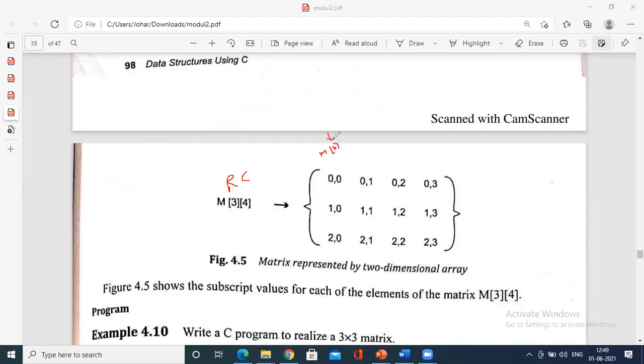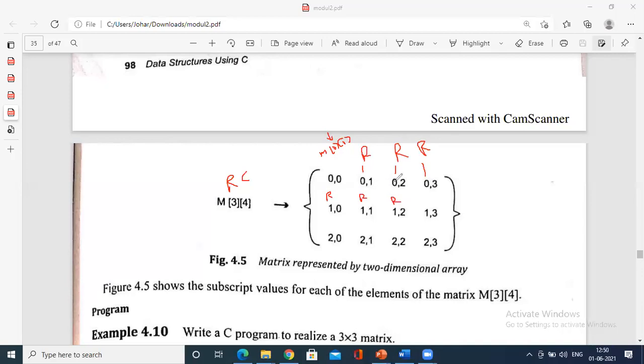First row, first column, that is 0th row, 0th column. Clear? Similarly, this is row 1.